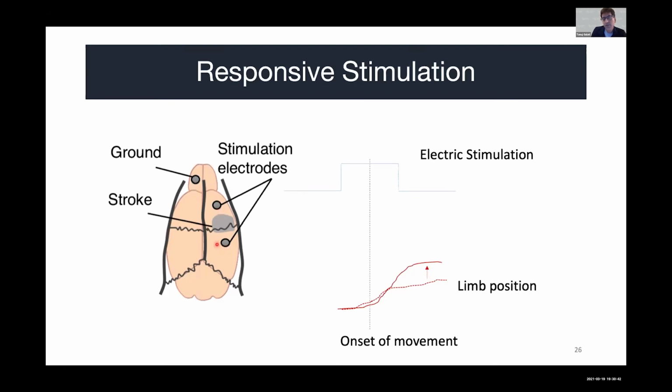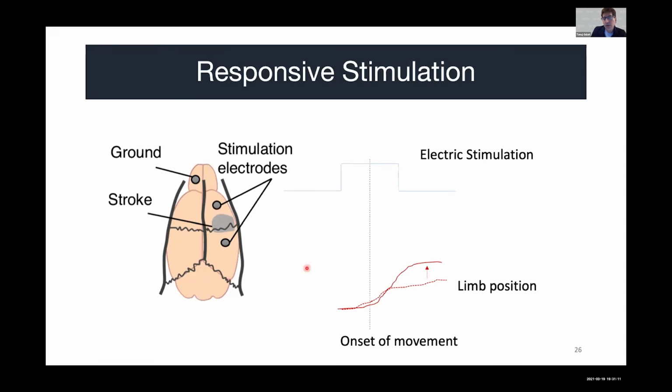And another thing I want to highlight here is that the electrical field was pretty wide with this kind of montage. The current is essentially going to a lot of places in the brain, not just in the perilesional or near the stroke sites. And another thing to keep in mind is that this is in a smooth brain. So how the electric field is interacting with neurons here is going to be very, very different from how it would be if you try the same approach in a gyrated brain.